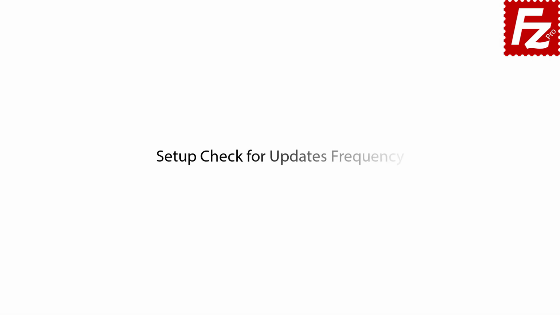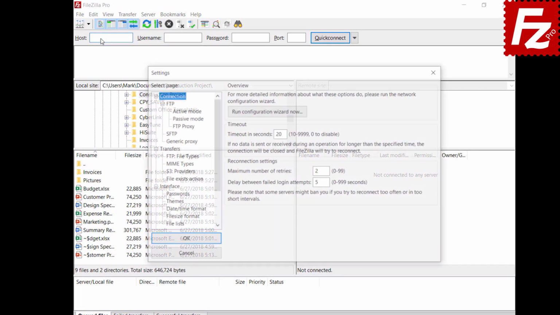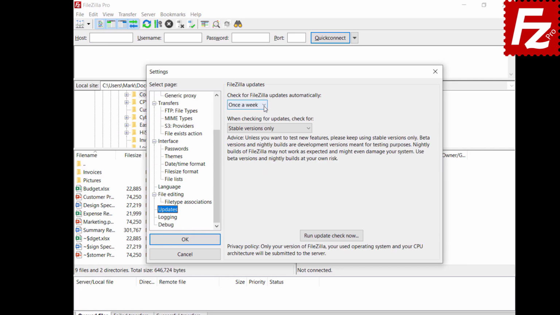Set up Check for Updates frequency. By default, FileZilla and FileZilla Pro check for program updates once a week and look only for stable updates, no beta or nightly build updates. To change that, open FileZilla Settings. Select Updates. You can choose how often FileZilla checks for updates, and you can also choose which versions you want